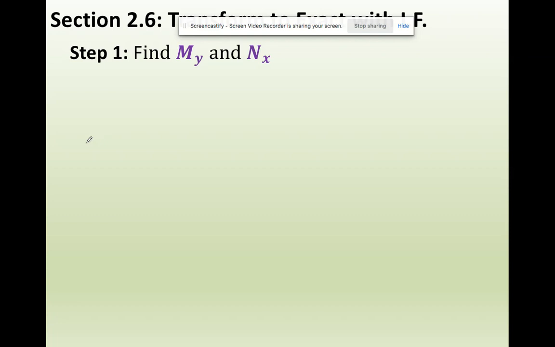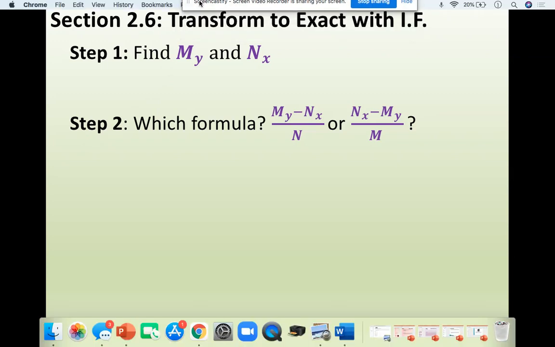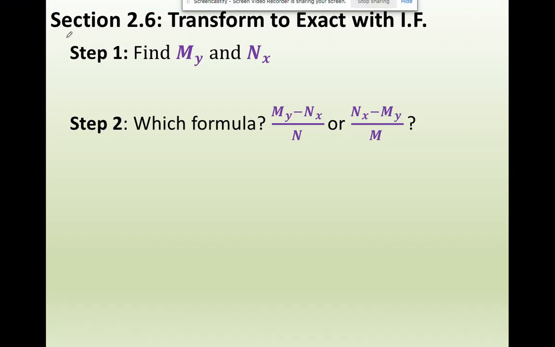Now, you expect them not to be equal, because if they were equal, then you would not do any of this, and you would go on and do the method to solve exact differential equations. Not equal, therefore not exact,